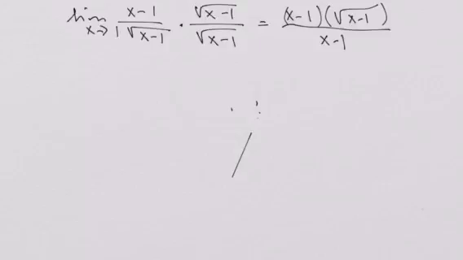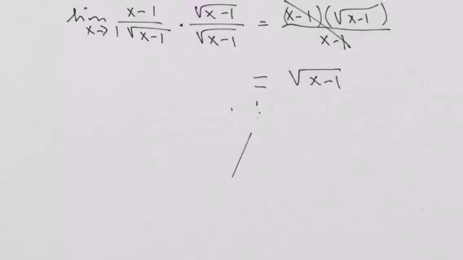Now this factor of x minus 1 cancels with this factor of x minus 1, and we get that it's equal to the square root of x minus 1, and when we plug in,